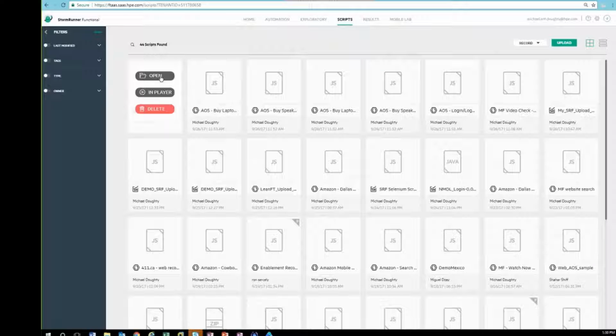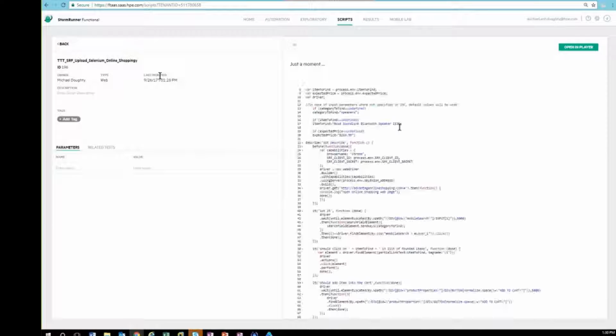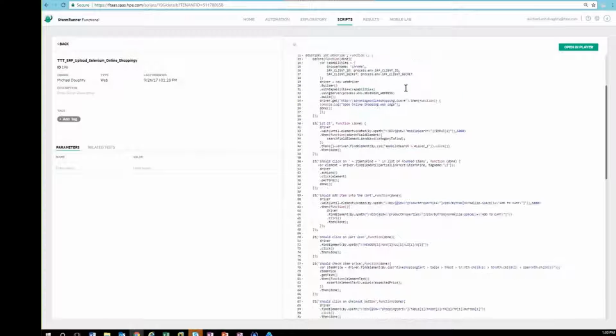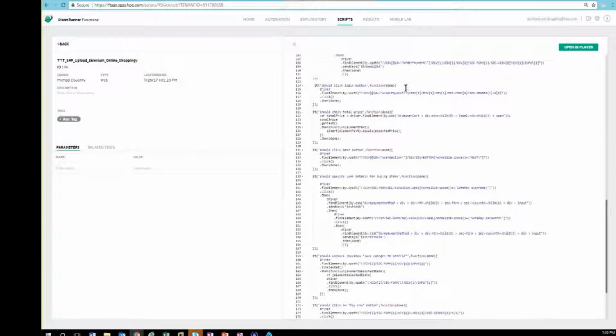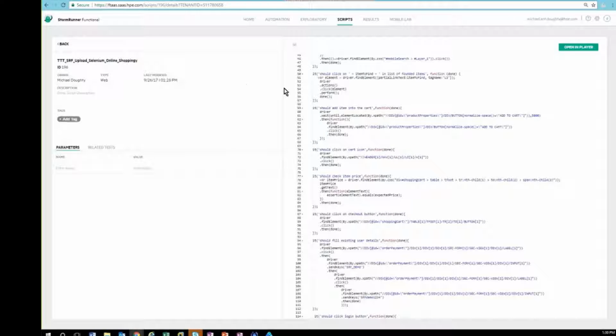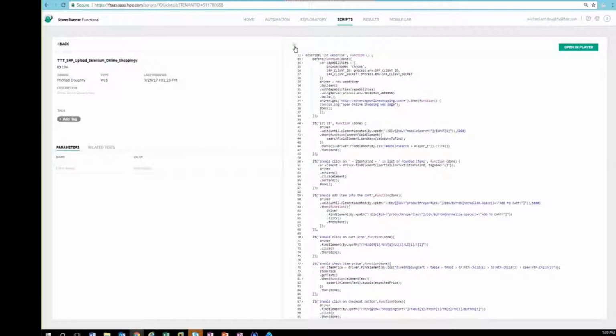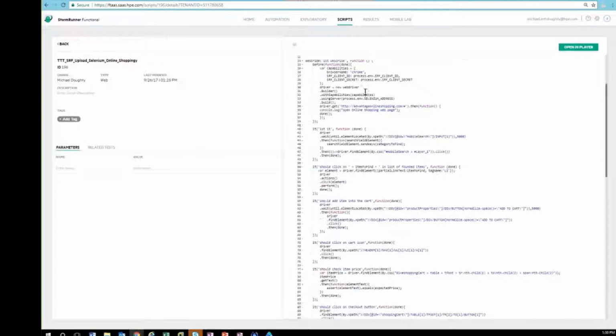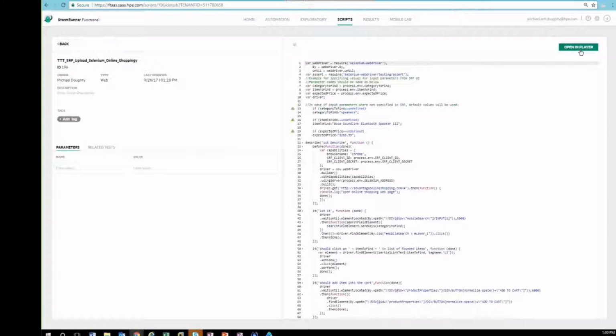So in here, if we go and open this script, we can see that we've got ability to go and see all the coding just like we would inside of our IDE. We see the metadata on the left, and then we have the ability to import the script if we want to make some changes into our IDE and then re-import it for any defects that may have happened, or as